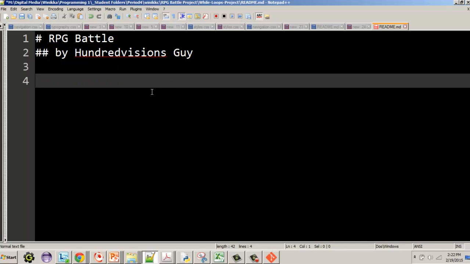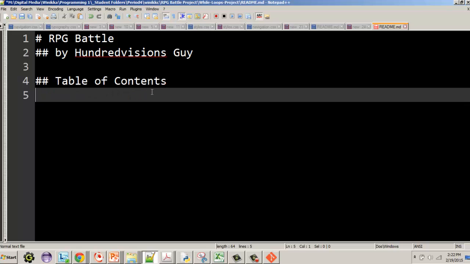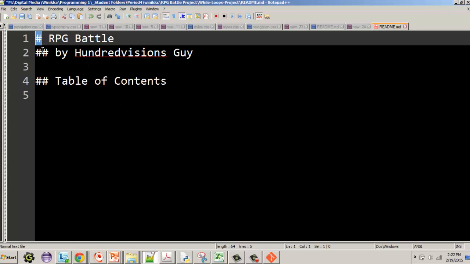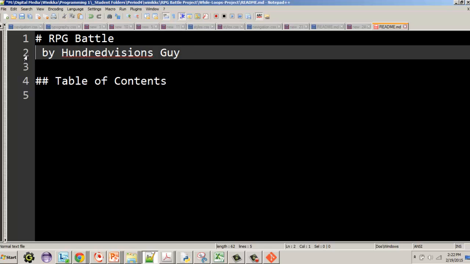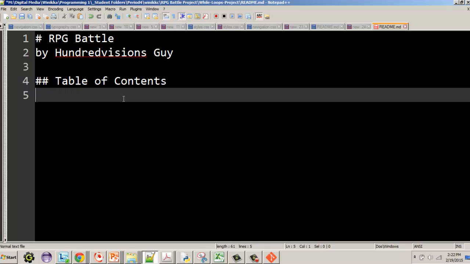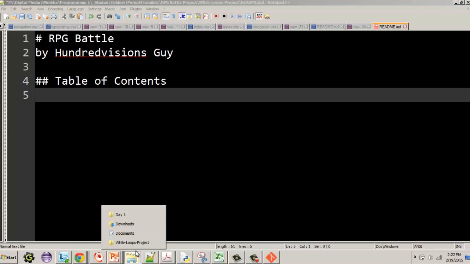All right. And I'm going to put here table of contents. Okay, so I'm just going to save this as my README file. This should be a header level 1. This is a header level 2. In fact, I might just take that out and just do it like a standard paragraph. And then I'm going to have a table of contents, in which case all I really have right now is